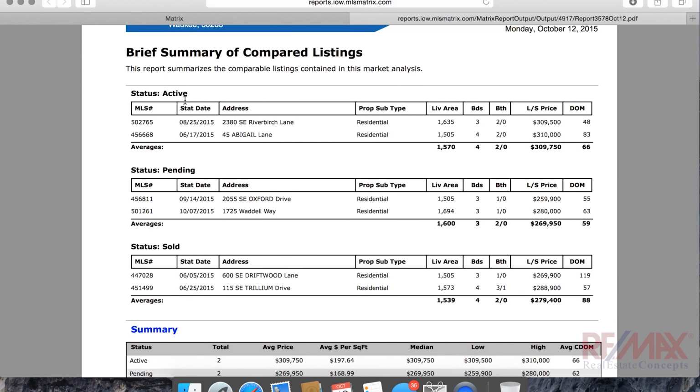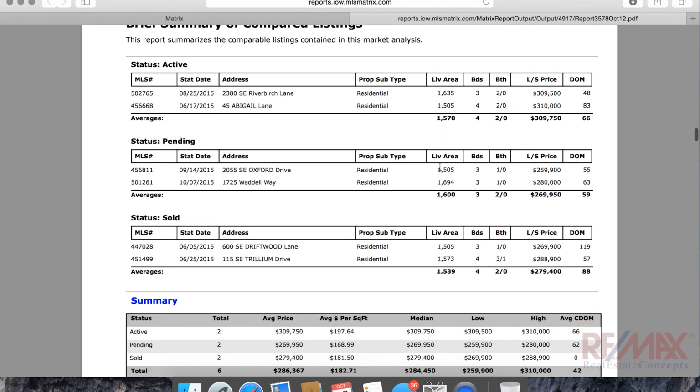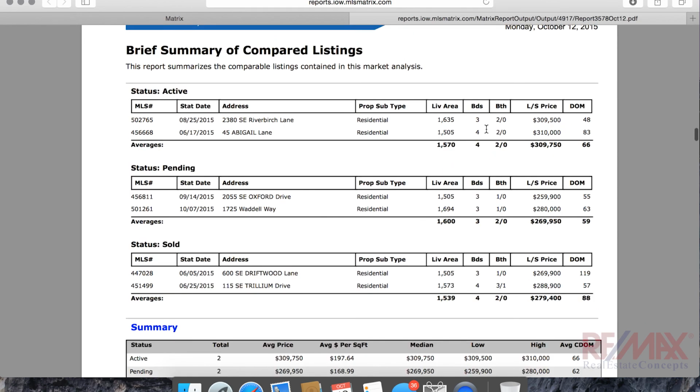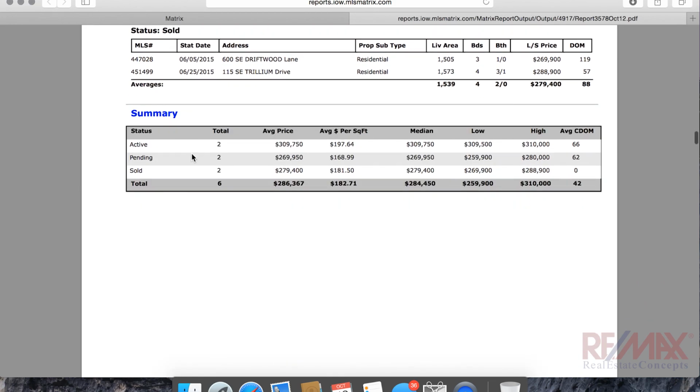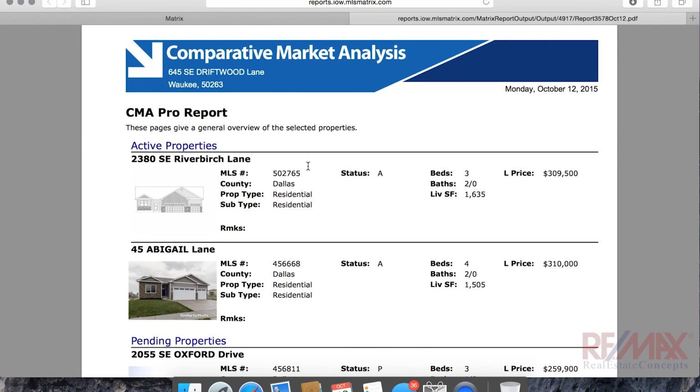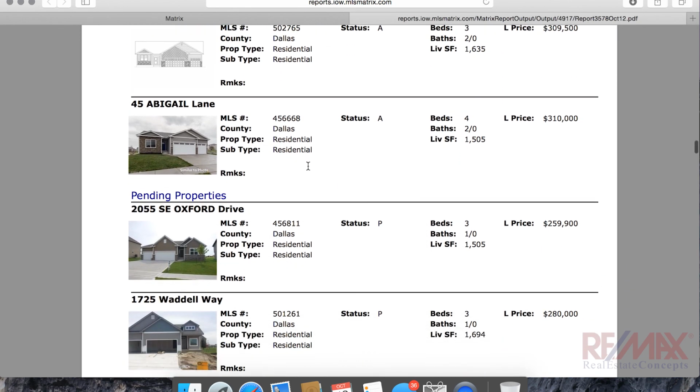I loved how it did this. It gave us the 2 that were active, the 2 that were pending, and the 2 that were sold, and it broke them into different categories for us and gave us the living area, the days on market, and some of the more important stuff like beds and bath. And I'd be willing, this beds and bath, or this bath is full and half here, where I think it'd be neat to also have that partial in there as a note for anyone that can make that change. And then a quick summary of that information, and then the CMA Pro report,